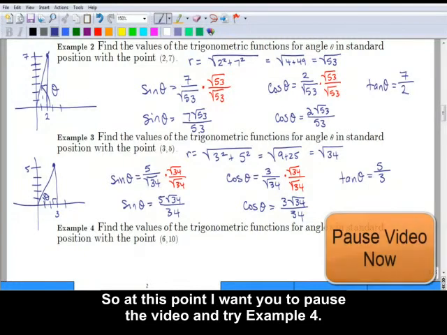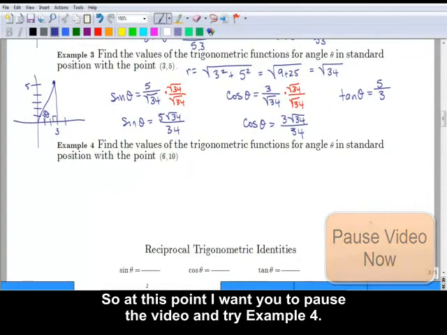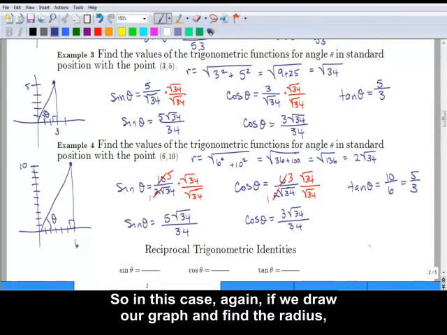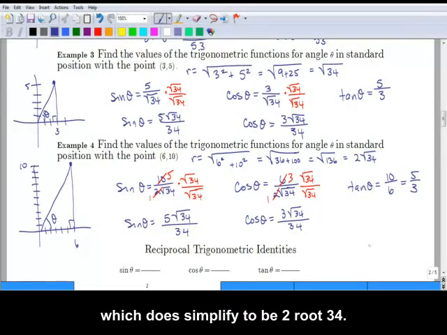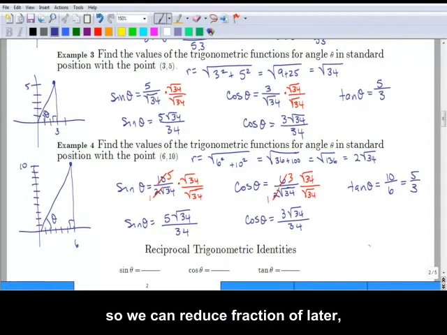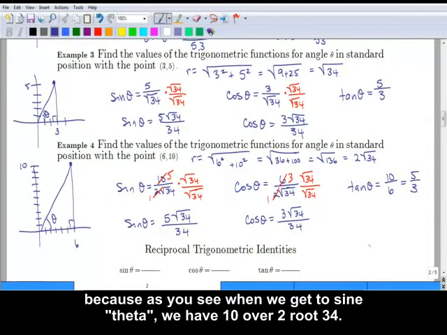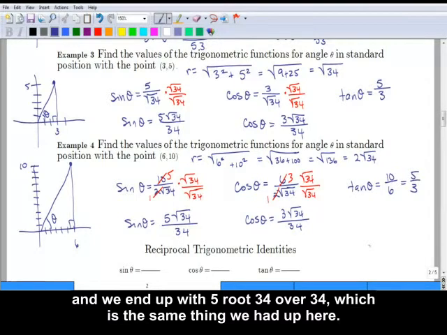So at this point, I want you to pause the video and try example 4. In this case, again, if we draw our graph and find the radius, we should have found it to be the square root of 136, which does simplify to be 2 root 34. And we want to make sure that we reduce this so we can reduce fractions later, because as you see when we get to sine of theta, we have 10 over 2 root 34. Again, we rationalize and simplify, and we end up with 5 root 34 over 34,